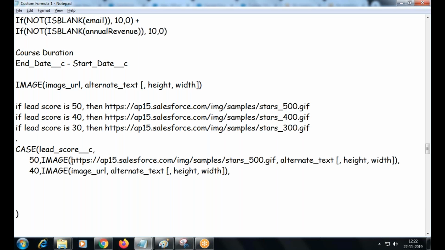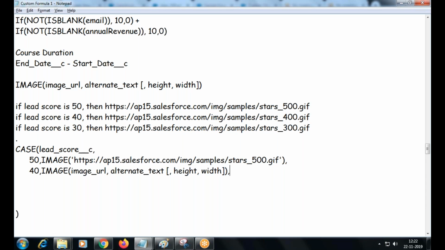That's it. Okay. So alternate text, if you need, you can give it, or else you can replace the entire thing. Similarly, I believe you have to give this with single quotes.